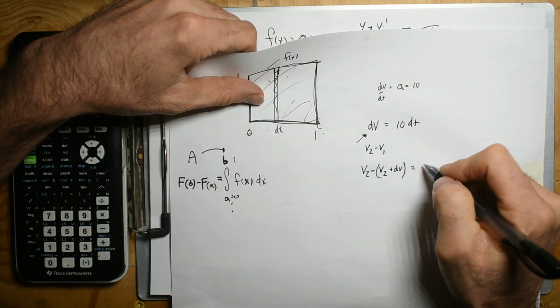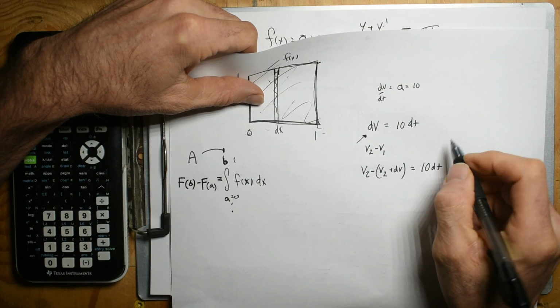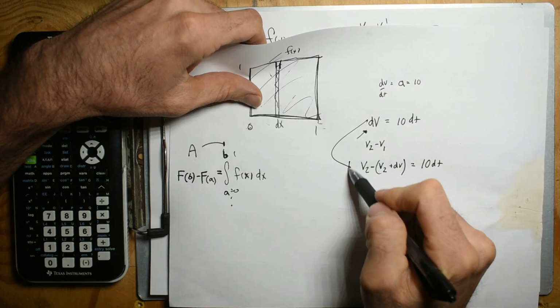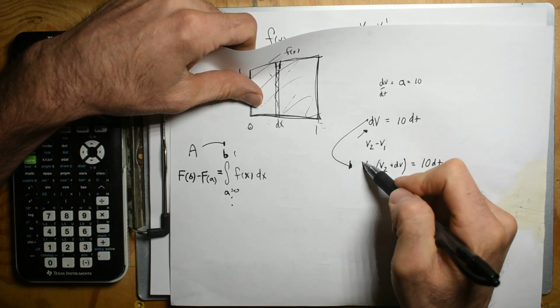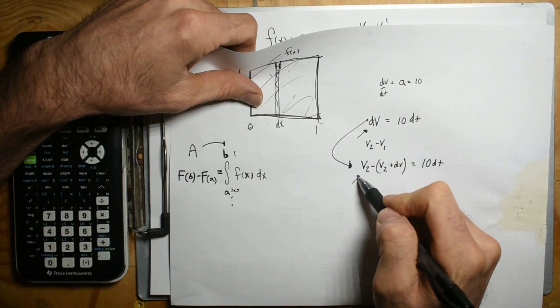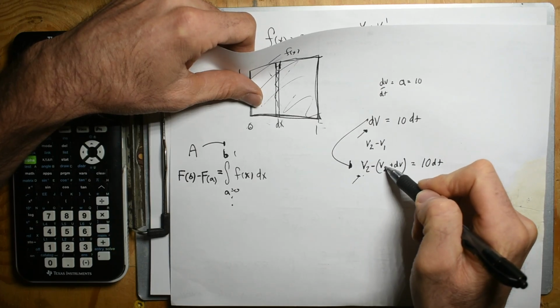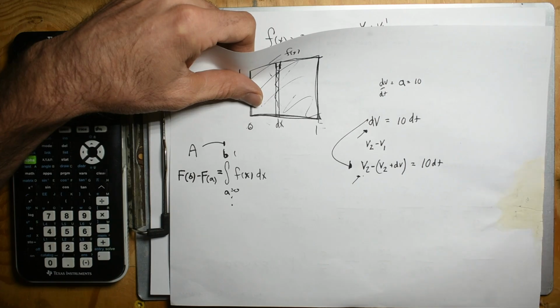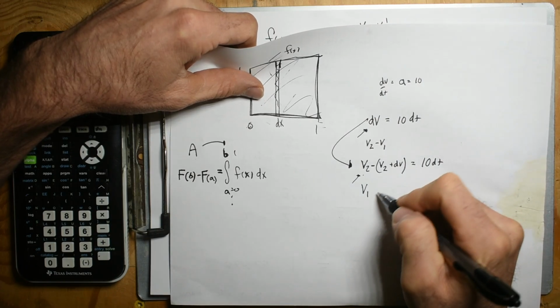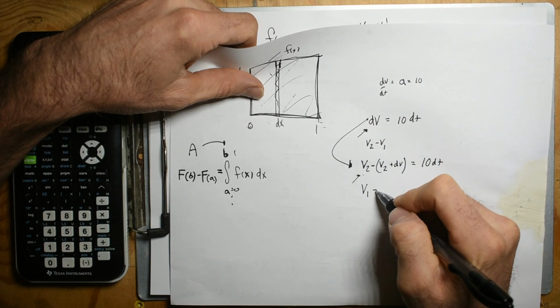That's what this is. That's 10 dt. Oh, that even really spells it out. That's velocity at position 2 minus the velocity at position 2 plus a change in, and you could say this is the velocity at position 1 minus,